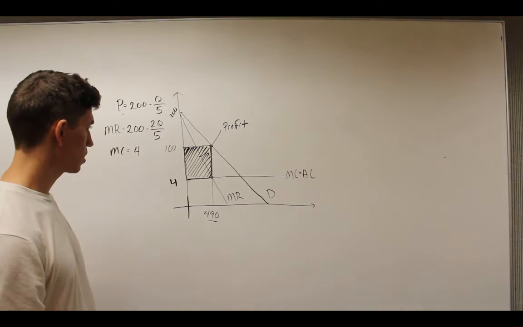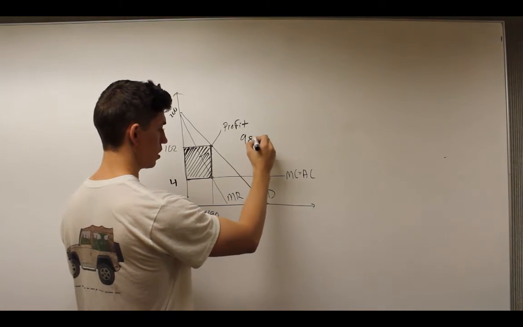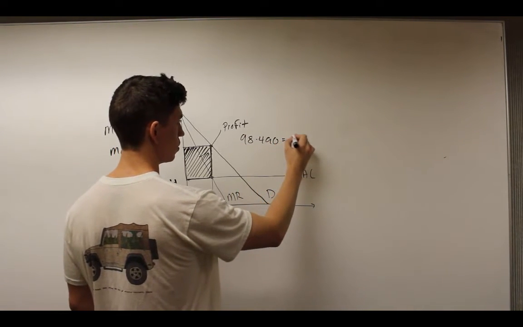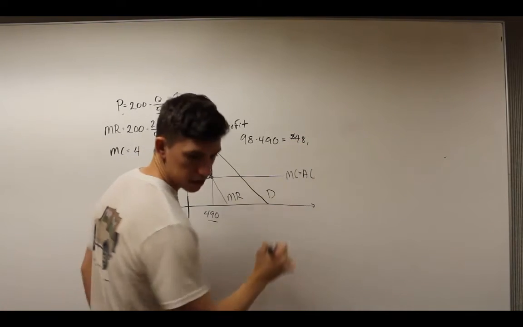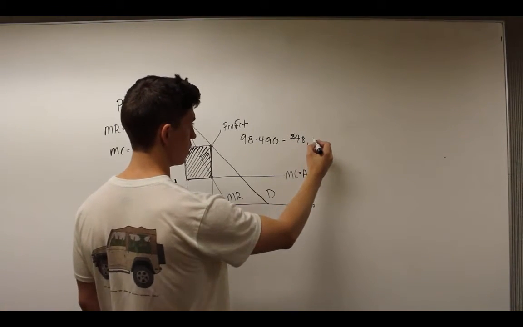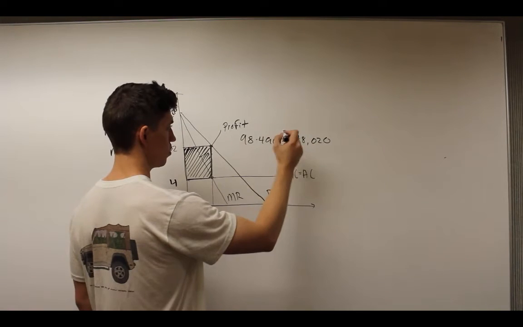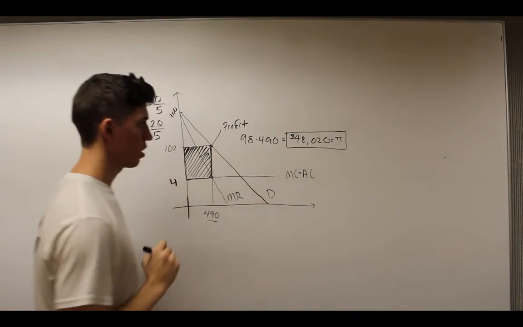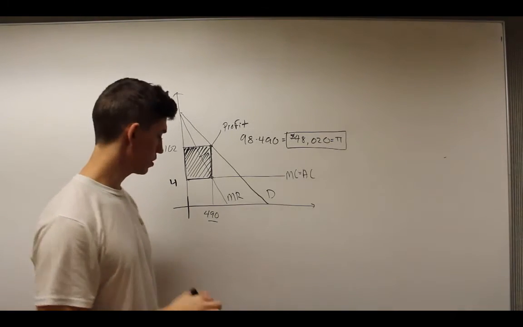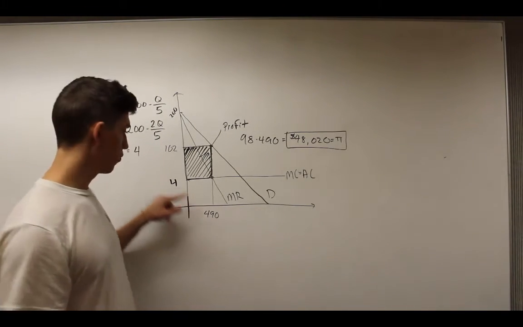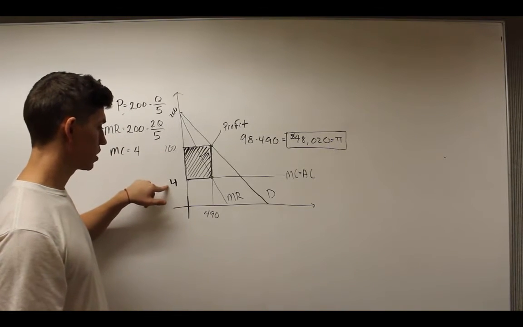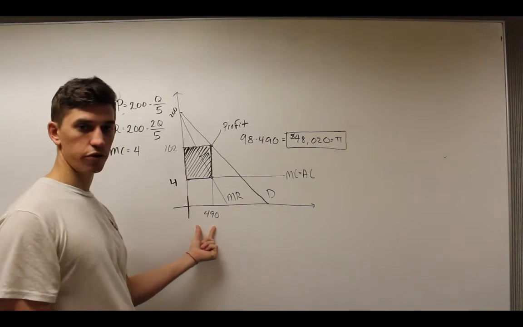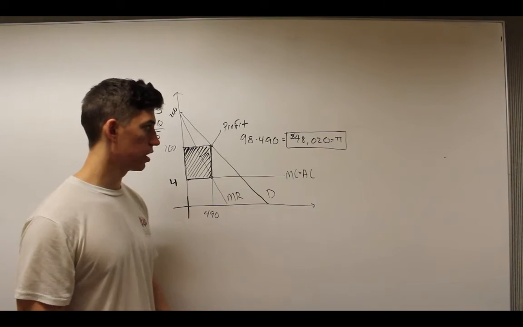But anyway, you can just calculate that by taking 98 times 490, 48,020. That's our profit. So that's the profit right here, and some people call that pi. So that's our profit for the profit maximizing monopolist. So they sell 490 units for $4 each. I'm sorry, for $102 each, and each one costs them $4. So they make $98 on each one, and they're selling 490 of them. So they end up with a profit of